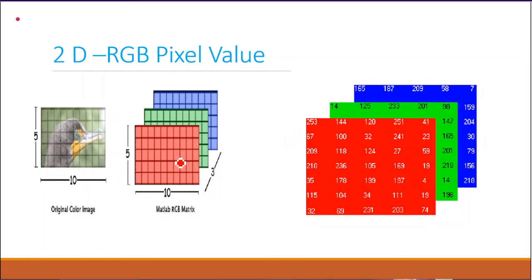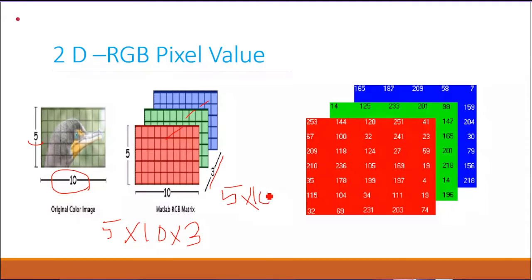Obviously we all know it's red, green, blue. So we have the original image, with height and width represented in a pixel resolution of 5x10. When you consider the 3 channels, the channel count will be 3: red, green, blue. This is the matrix representation: 5 cross 10 cross 3. If it is 2D, we can represent it as 5 cross 10, with no need to represent the channel explicitly, as for grayscale. So this is the RGB color combination presented for red, green, and blue for the given image.